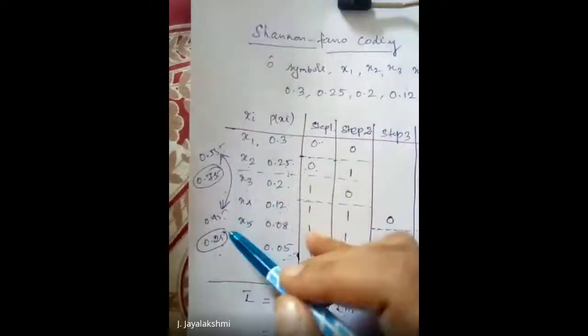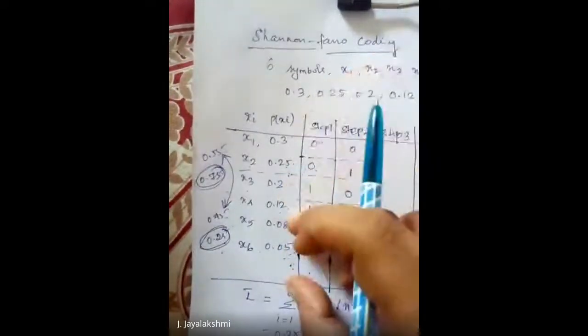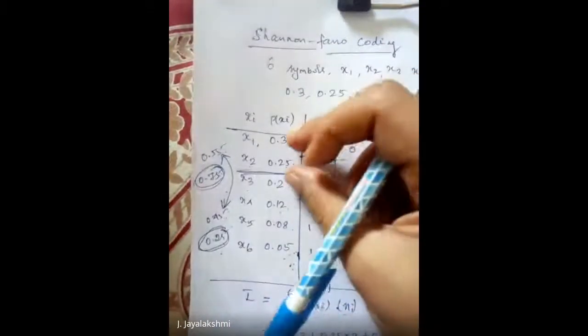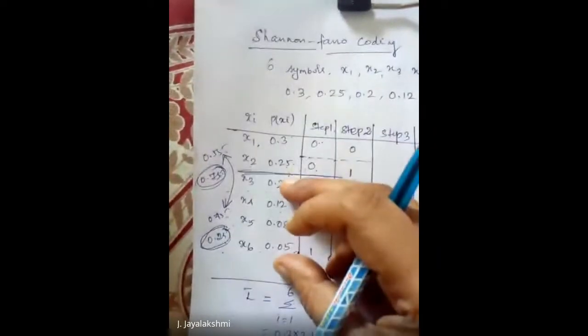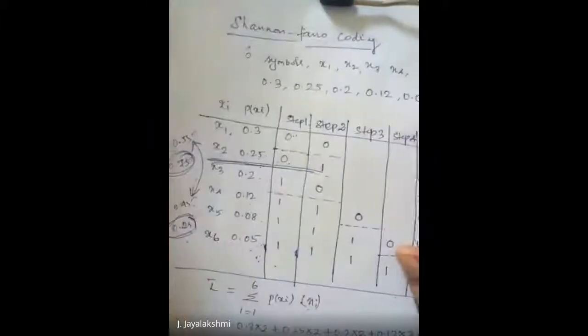So what I have done is, since this probability difference is going to be high when I take the first 3 and add and the second half and add to form 2 sets, I go for the closest approximity of equiprobability. That is, one is 0.55, another one is 0.45. So I partition like this. So the first two symbols are in one set and the remaining four symbols are in another set. So the first partition has led to assigning of the symbols.